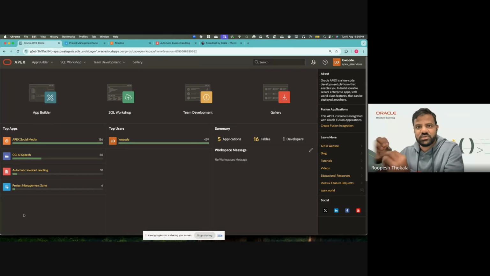At a single Apex instance, you can have as many workspaces as possible, and each and every workspace can host as many applications as possible for you. So I'm in my workspace named Apex AI Services, where I logged in as low-code user. In this particular workspace, let us develop an application, or I would say generate an application with the help of